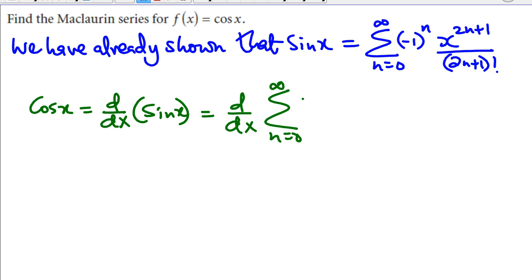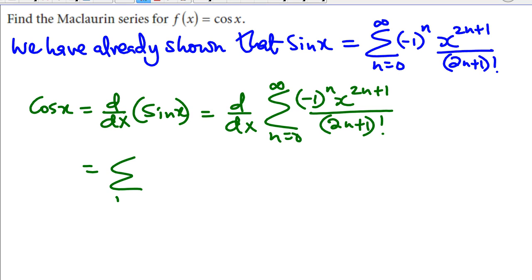So that will be negative 1 to the power n, x to the power 2n plus 1, over 2n plus 1 factorial. We can move the derivative sign inside the summation sign. So this will be the sum from n equals 0 to infinity of,